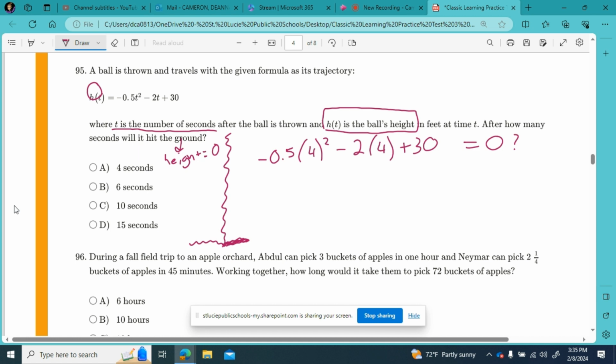and half of 16 is 8. So at the front, I got negative 8. And 2 times 4 is 8, minus 8 plus 30. So negative 16 plus 30 is not 0. So A is out. And then B,